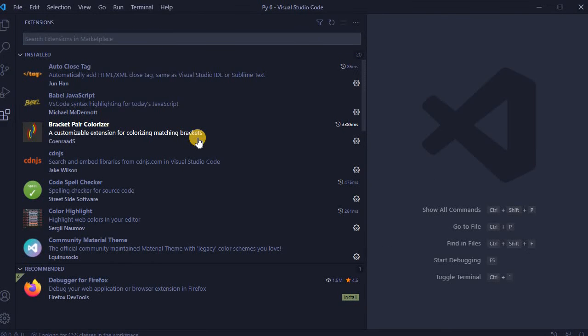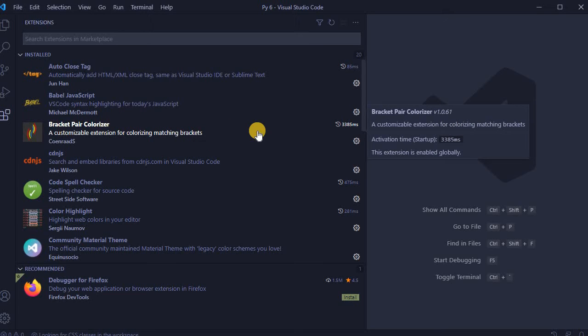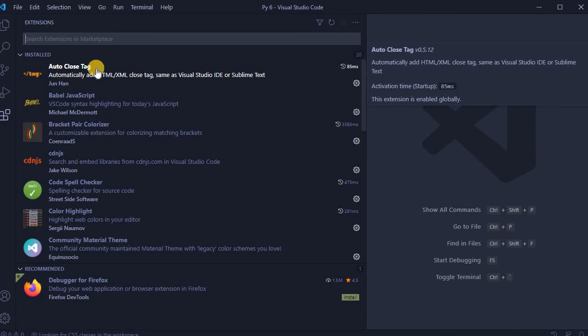I've been using VS Code editor previously, and here's the list of all extensions that I've installed. First one is Auto Close Tag. When you change one tag, it will automatically locate the second tag and will change it also, so you don't need to do it manually every time.